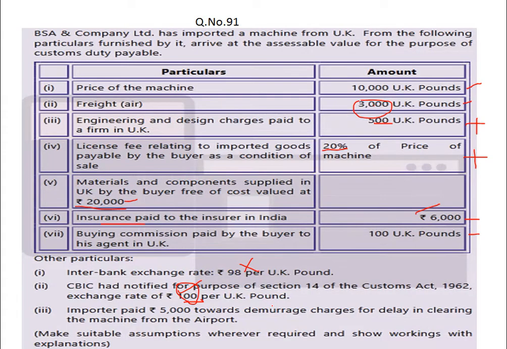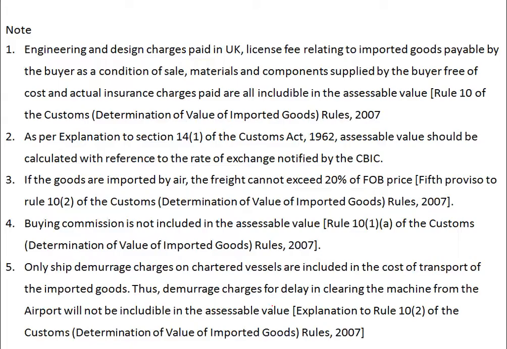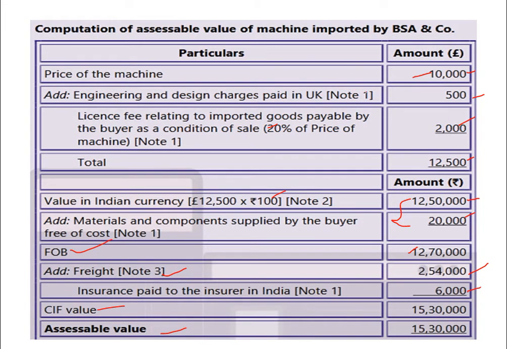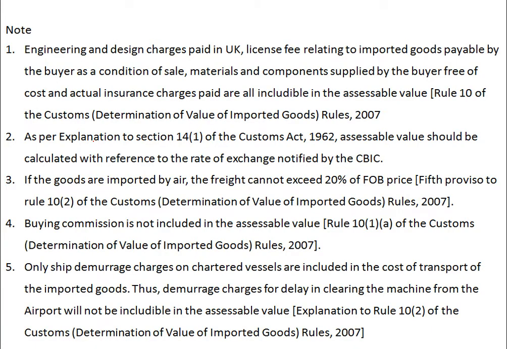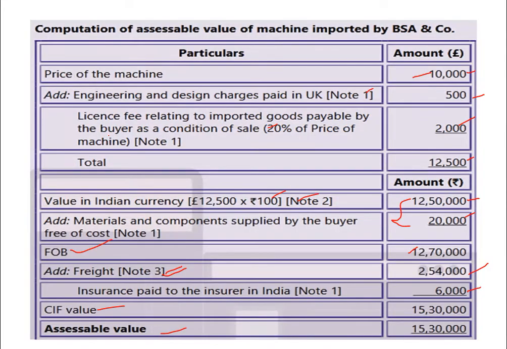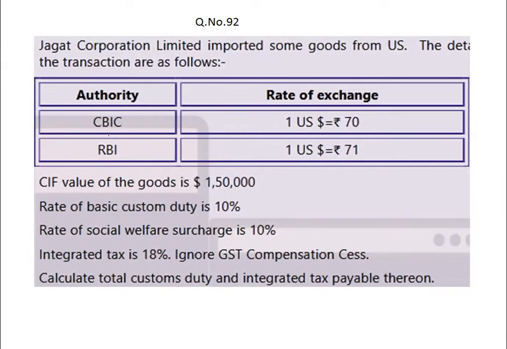I think the tax rate is not given and they are not asking for tax either. So these are the notes used, note number 1, 2, 3, like that. They are there in the solution. Those are all the fine notes, right? If you have any queries, just ask me about question number 91, right? So this was the solution for this question. There are no tax rates here, right? So move to question number 92 straight away. Clear?